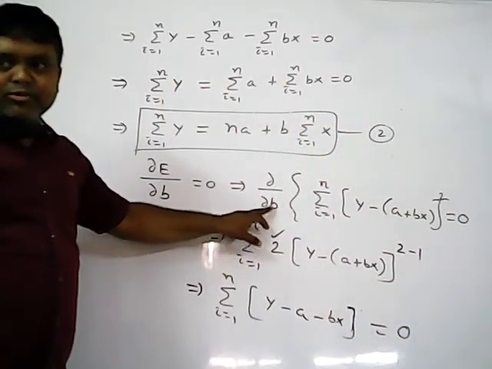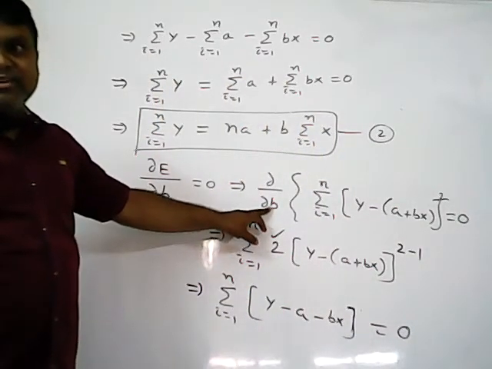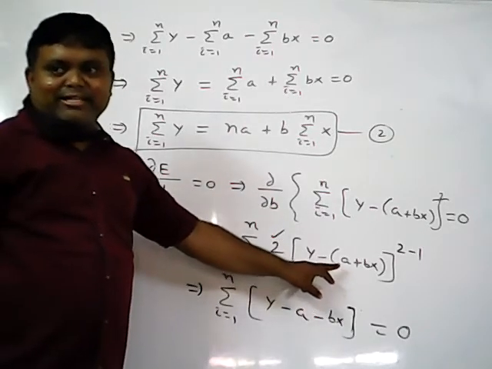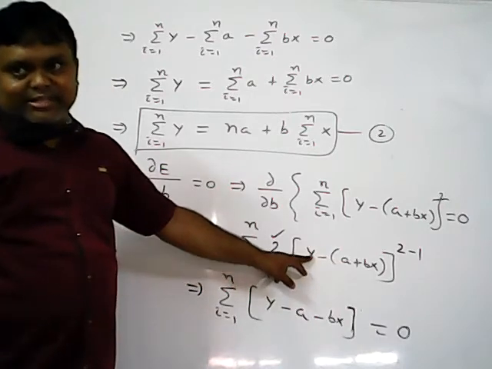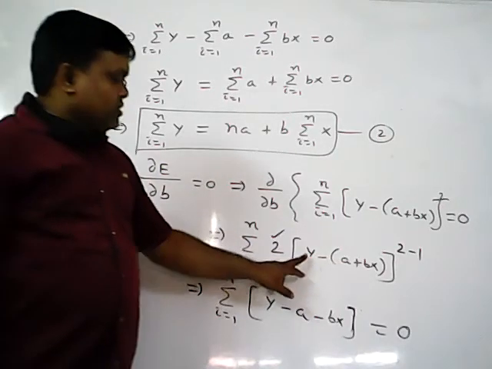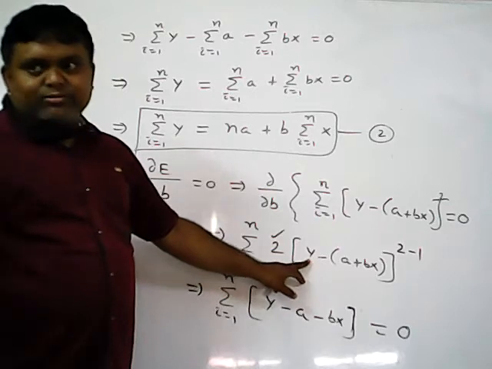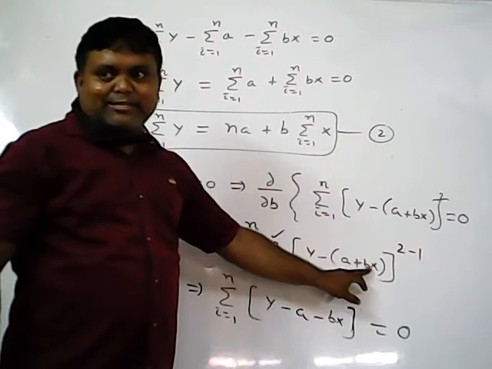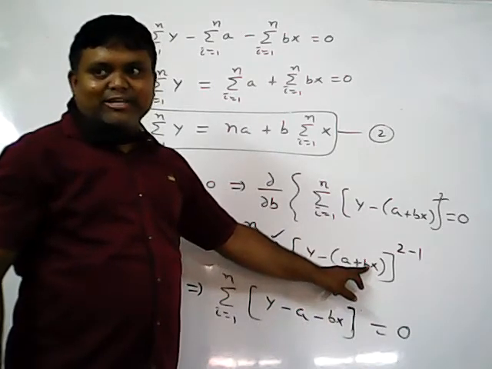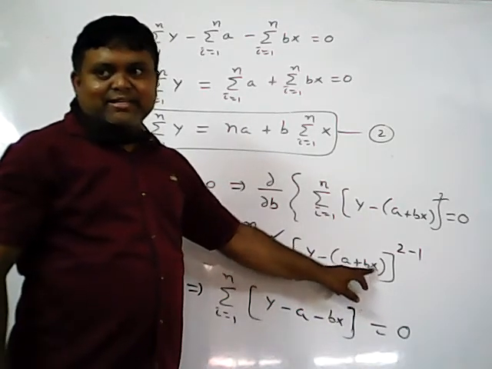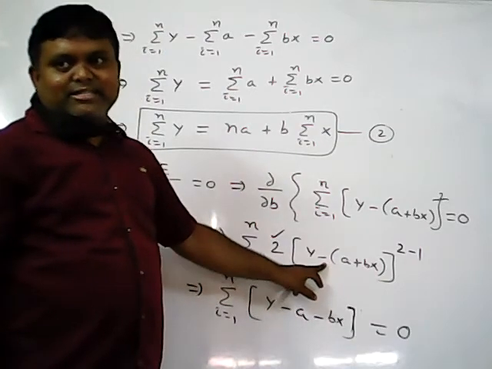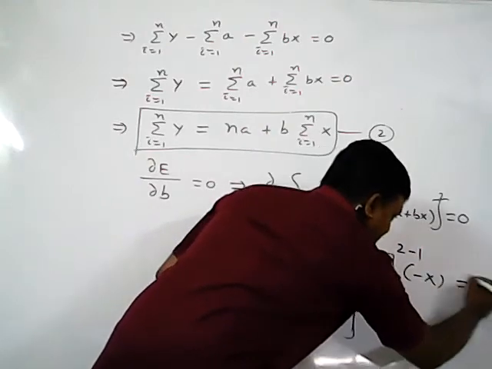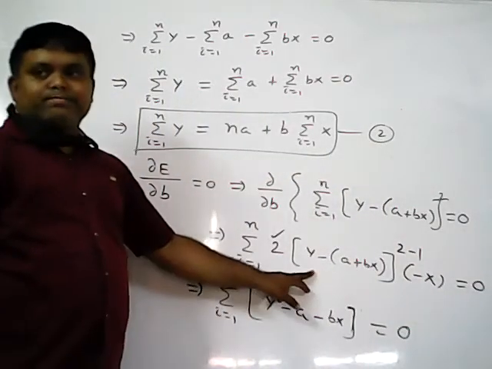Now the difference is that you are doing partial differentiation with respect to b, not with respect to a. With respect to b means wherever b exists, that term is kept; wherever b is not there, treat it as a constant, and the partial derivative of a constant is 0. So with respect to b, y gives 0 and a gives 0. What about the term bx? With respect to b you get 1, so 1 into x is x. Then x into this minus 1: x into minus is minus x. So in place of minus 1, now I will get minus x, which is equivalent to 0. I think all of you understood.